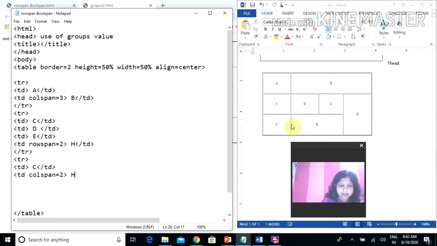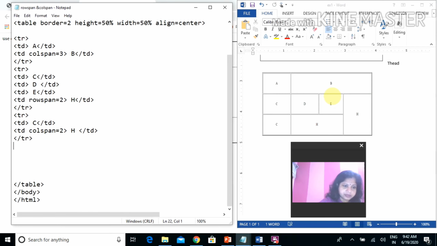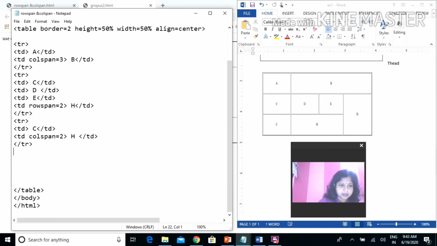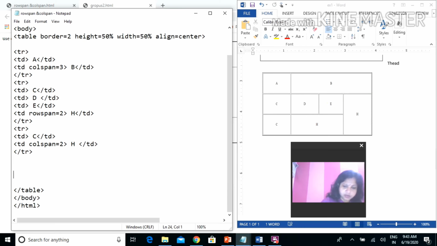Then write the data and close TD. This data is over because we have already written the age in the second line, and because it is covering 2 rows, close this row. Now all the rows are over.